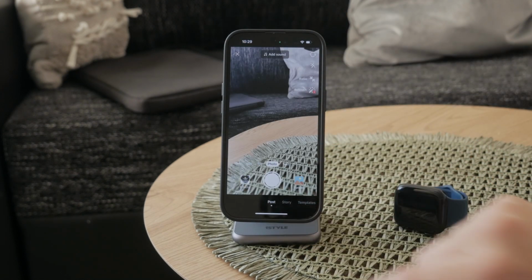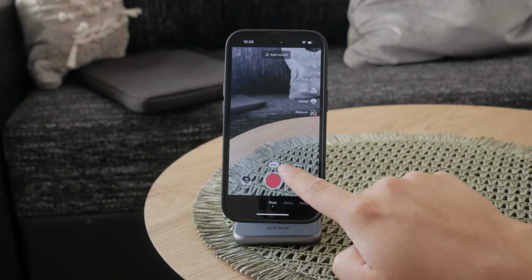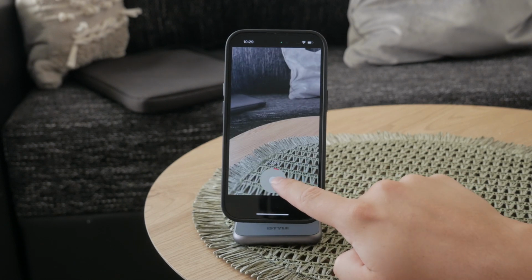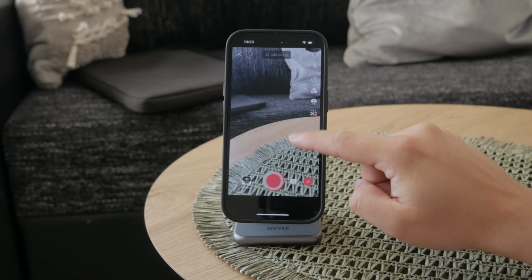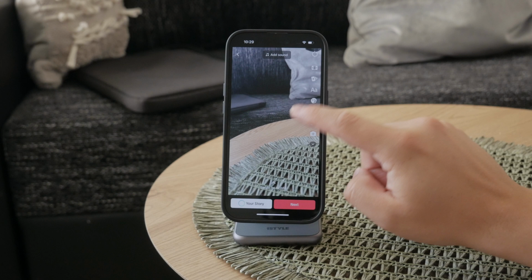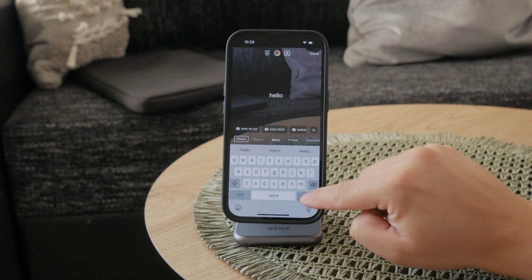In the editing screen, you'll see a variety of options at the bottom of the screen, so tap on the text to add your text to the video. So you're gonna type in your desired text and everything, and you can choose all of the available tools to style it as you like. You can of course change the font, color, alignment, and stuff like this, but once you're done, just hit the